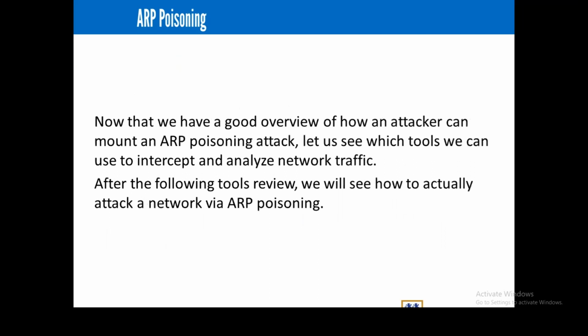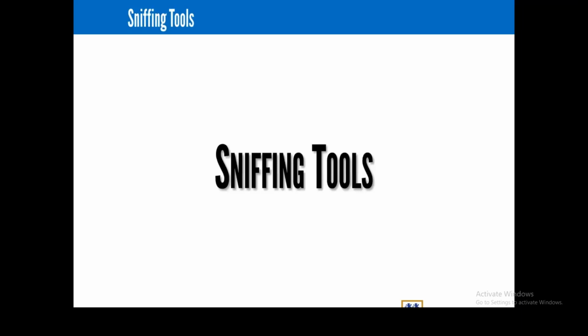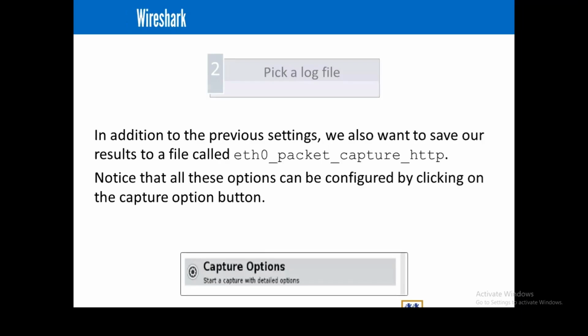a denial of service. So now that we have a good overview of how an attacker can mount an ARP poisoning attack, let us see which tools we can use to intercept and analyze network traffic. After the following tools review, we will see how to actually attack a network via ARP poisoning. So let's quickly look at the various tooling. The first tool, which is very popular, is Wireshark. In addition to the previous setting, we also want to save our result to a file called eth packets. So now let's quickly do a simple demonstration of how Wireshark